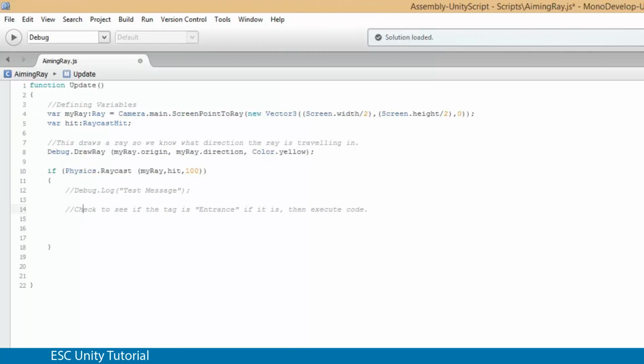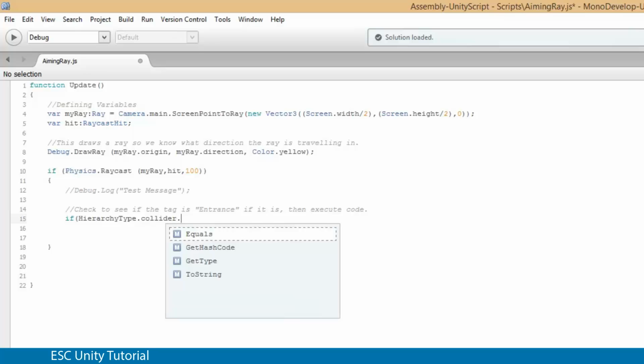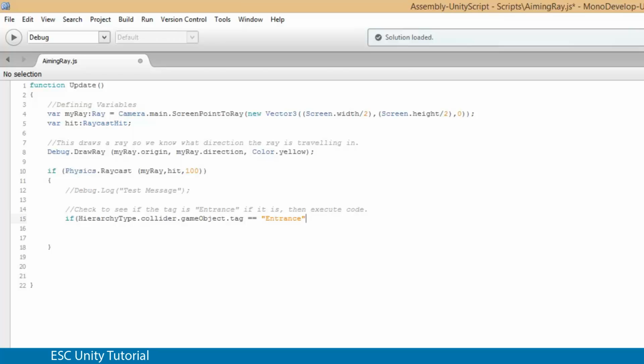So to actually go through and check to see if something has a tag, with raycasting, we go if hit, so the item that was hit, dot collider dot game object dot tag is equal to, and we have the double equals because it's checking. If we want to set something, we use a single equals. If we're checking something, we use double equals, equals entrance. Now it's in quotations because it is a string, it is text. Close my bracket, open and close my curlies,